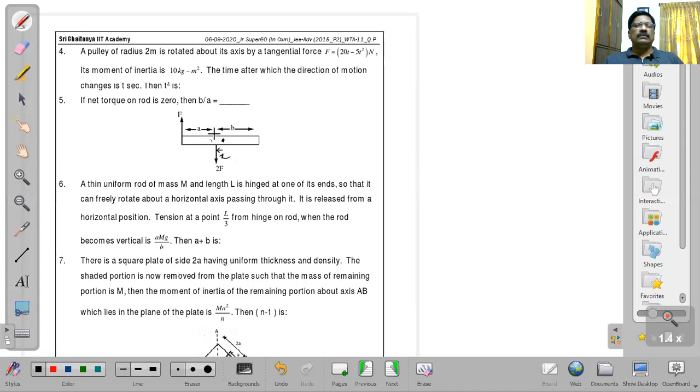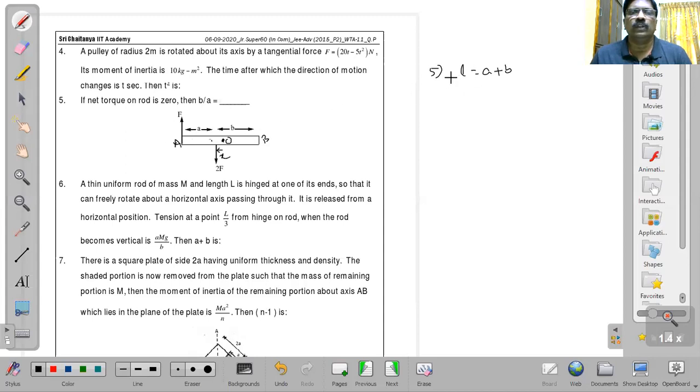Now you see from the diagram, the problem. So total length of the rod L is equal to A plus B. We can write L is equal to A plus B. Suppose the center is say O. So from one end up to center, the distance is L by 2. Here suppose this end is say A and this end is say B.